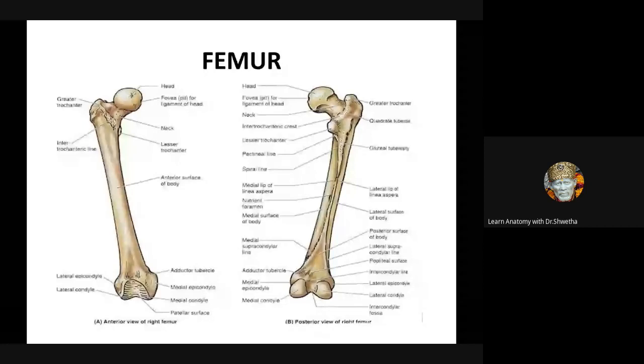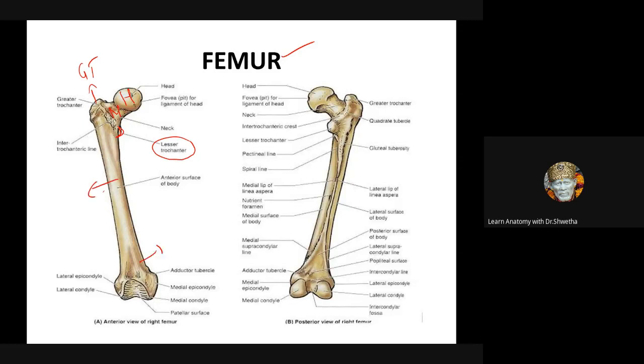Okay, students, thank you. See here, we will discuss the femur. Again, several MCQ questions have been asked here. Now, the femur is one of the largest and longest bones of the body, and it is the bone of the thigh. It has an upper part, a middle part, and a lower part. Let us see the features in the upper part. You have the head, the neck, the greater trochanter, and the lesser trochanter. Then you have the shaft, then you have the lower end.